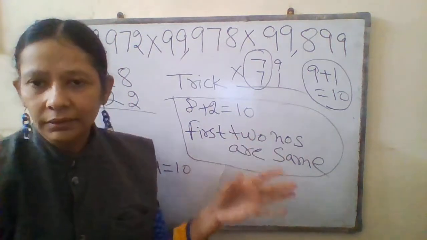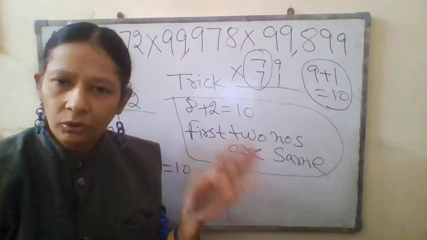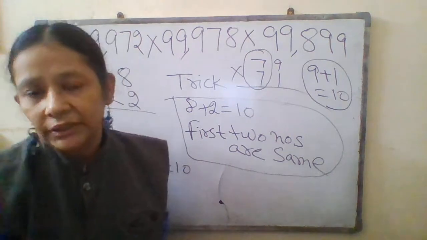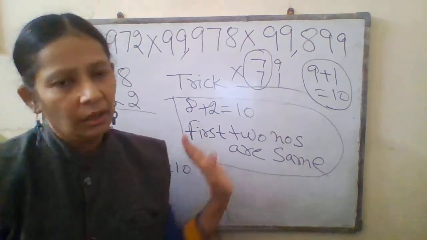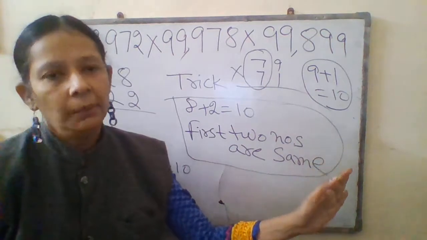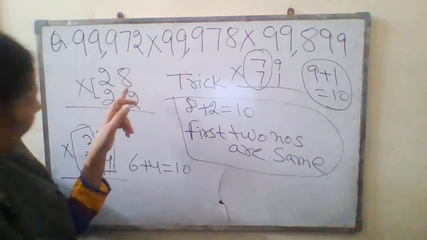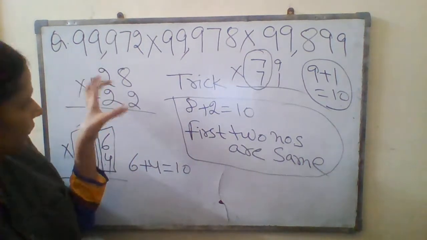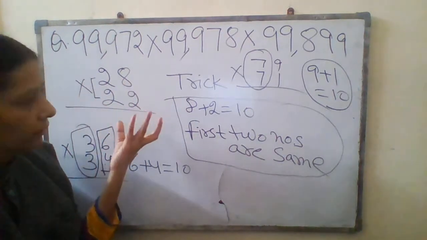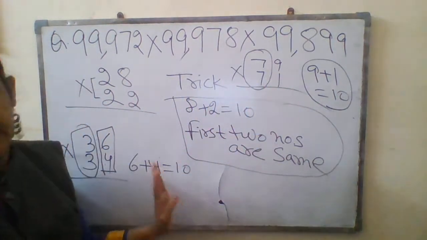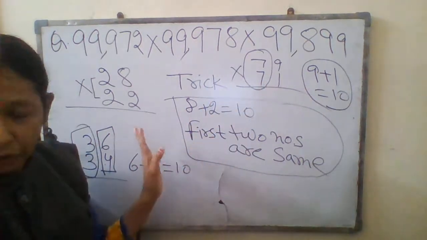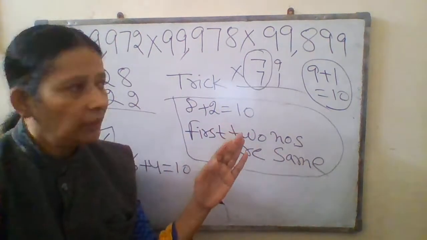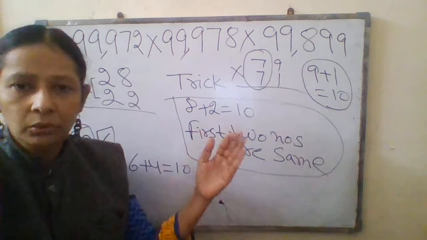But when you learn these tricks and try the question on your own after learning all the tricks, you will find it so easy. If I do it all together, you will not be able to understand. I have to use only 28 multiplied by 22, but why am I using this trick here? I have done all this explanation, but you will not use all this in this question. This is not of use in this question, but this is a different trick which you should know to do other questions.